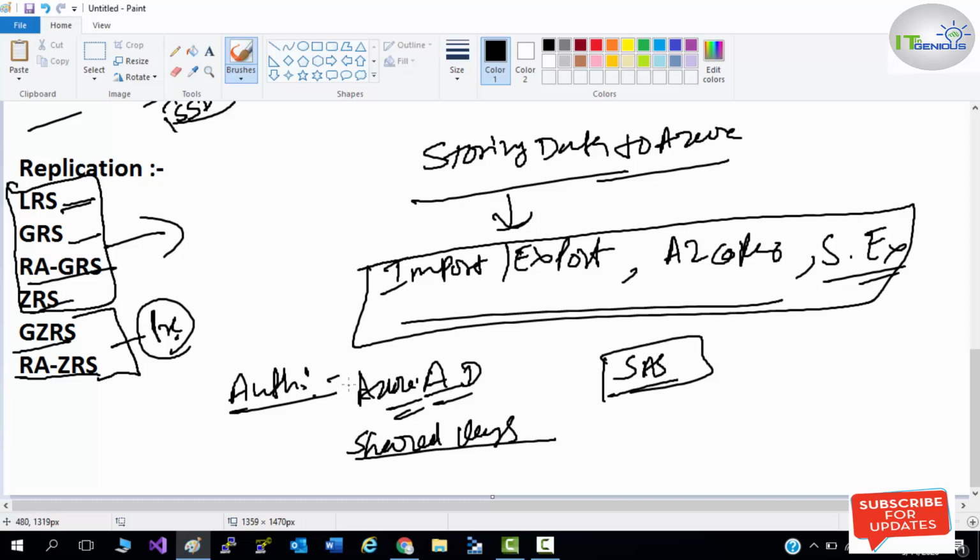If you are not going to use Azure AD for authentication purposes, there is another way, which is known as shared access signature, in which you will get more granular permissions. Through those permissions you can manage your storage authentication through shared access signature, which we will discuss one by one in our lab.